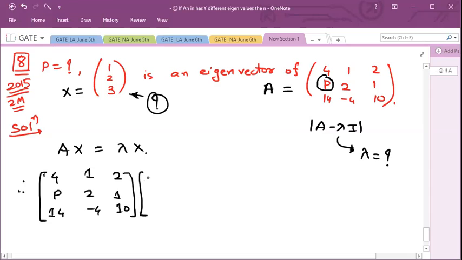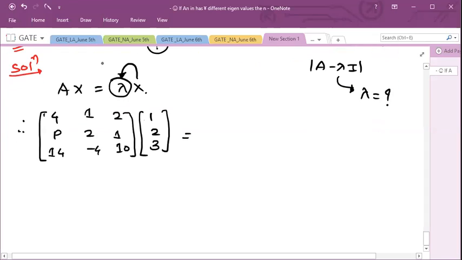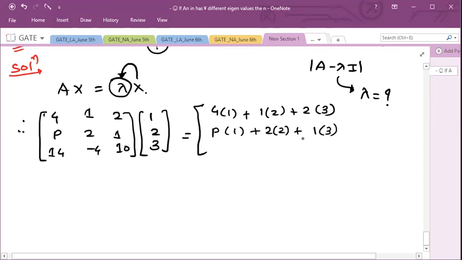What is X? X I am taking over here first 1, 2, 3, and after multiplying them, let us check if I can take anything common outside of X or not. Or after taking common from the resultant matrix, can I make it X again or not? Okay. So how we are going to multiply? Again, row into column, first row into first column. So 4 into 1 plus 1 into 2 plus 2 into 3. P into 1 plus 2 into 2 plus 1 into 3. 14 into 1 plus minus 4 into 2 plus 10 into 3. So this is going to give me